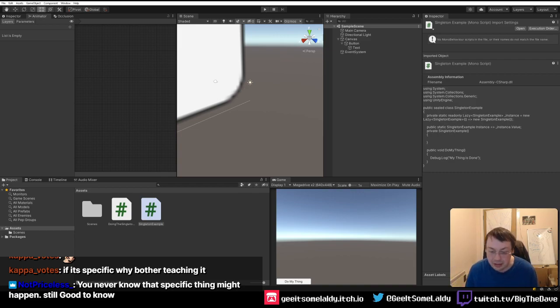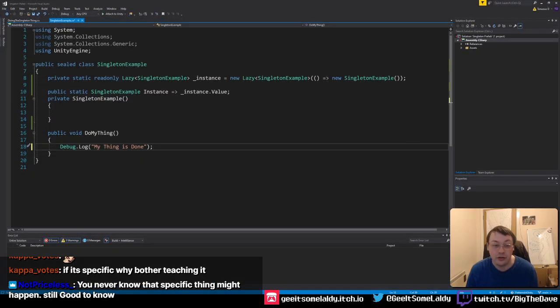And what it means is that if you do this singleton example, if you do this way of doing a singleton, that instance will be set. While you're in the editor, any changes you make to this singleton will be static until you reload Unity itself. Which is not great, because the whole point of pressing play in Unity is you think you're getting something completely fresh. So we do have to take that into account when designing in our code. So singletons, definitely an anti-pattern when it comes to Unity. However,